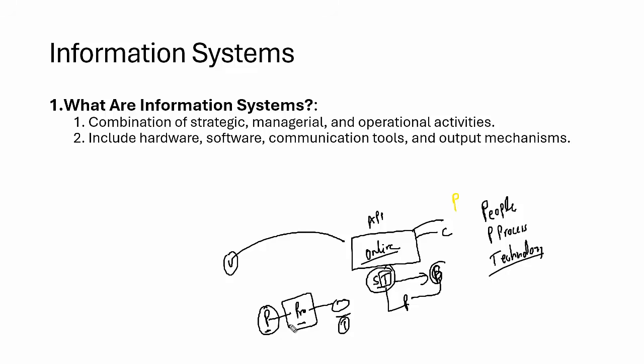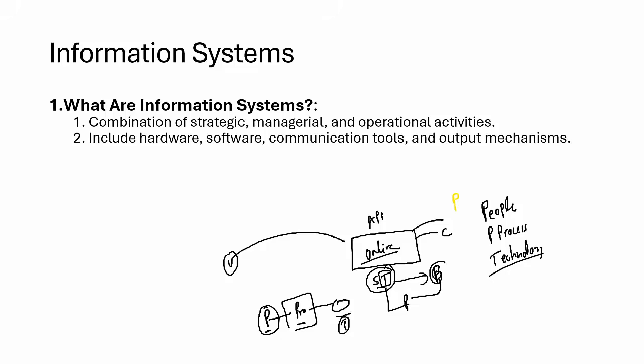So information system is all about people, process and technology which work together to create value for the stakeholders like us who are using this meeting and all that. That's why an information system is a structured set-up comprising people, process, technology and data that work together to collect, process, store and distribute the information. And all these are working together to support decision making, coordination and all that.